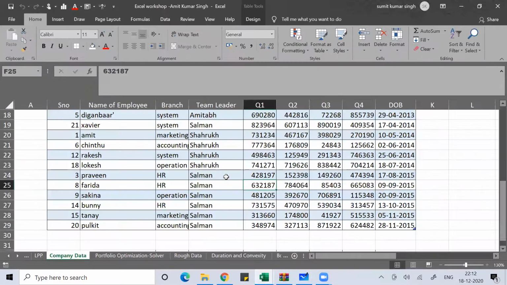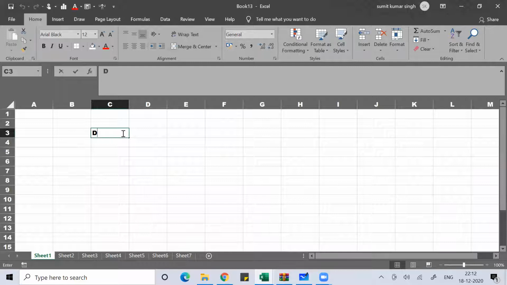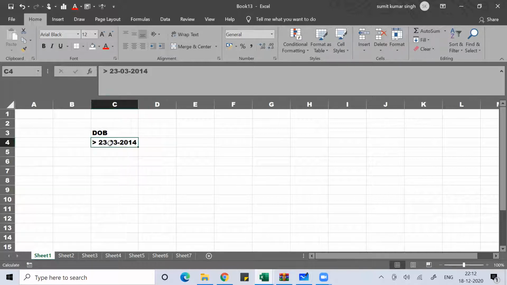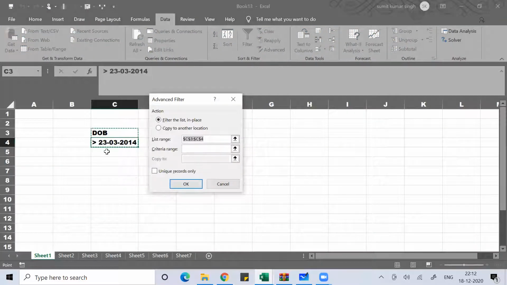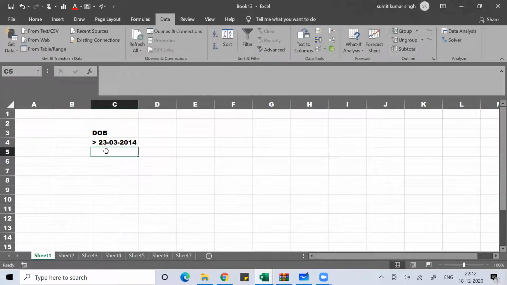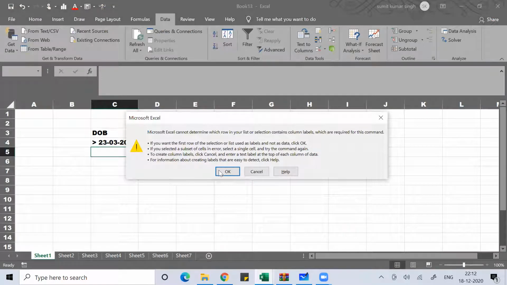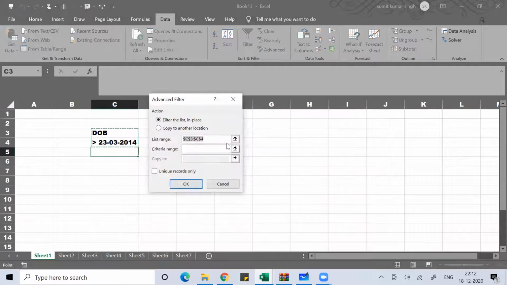Fine. So let's take one column, DOB, greater than 23rd March 2014. Fine. So Alt A Q, press OK.